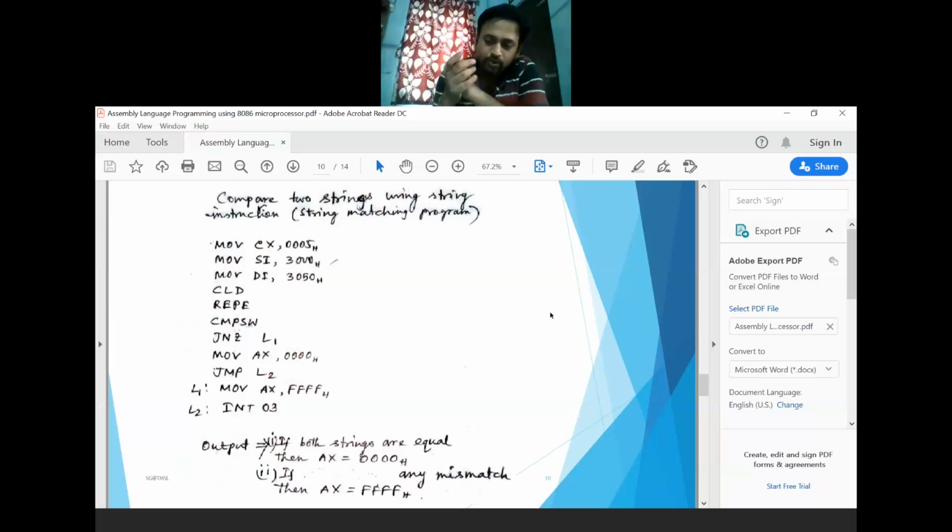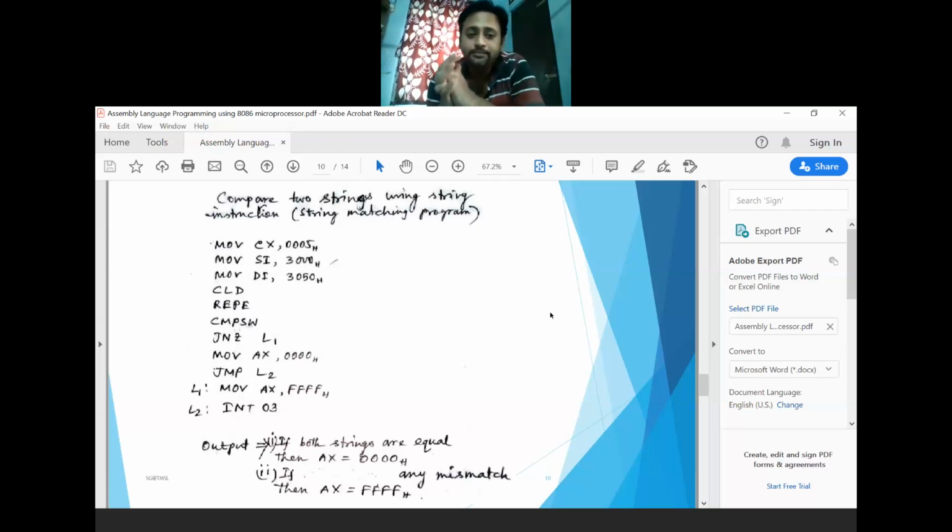So if both strings are matched, every data byte within these strings matched, then your result should be 0 0 0 0. If any data byte in any string is mismatched, then you can get the result as if. That is called string matching.